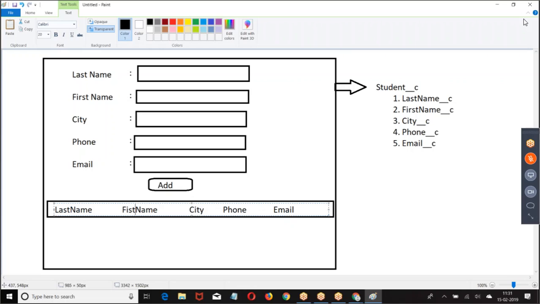First, create an Apex class, create the variables.